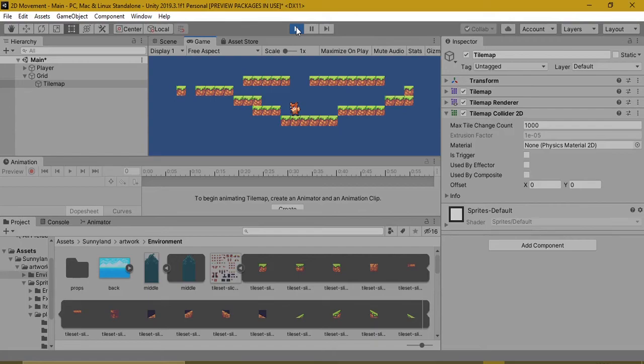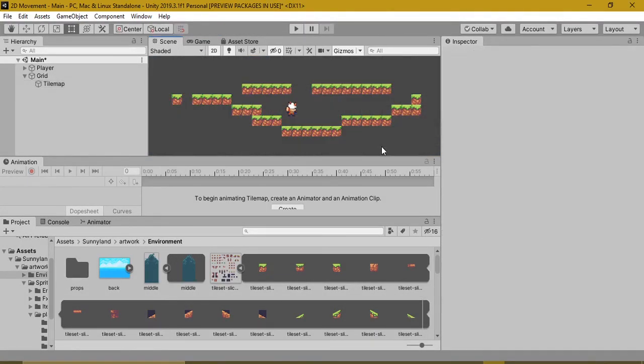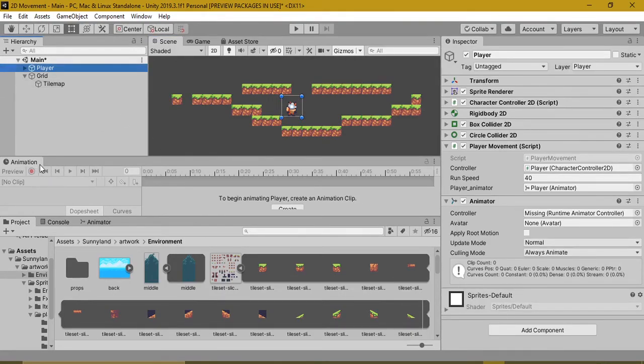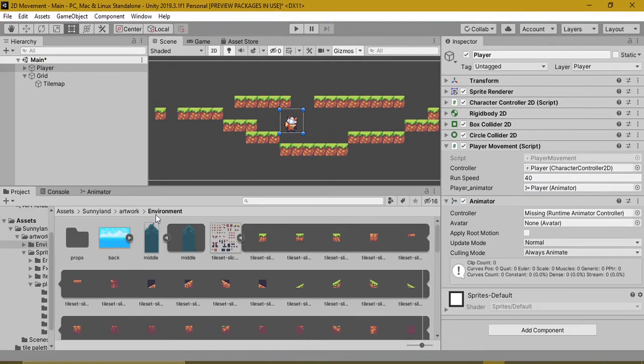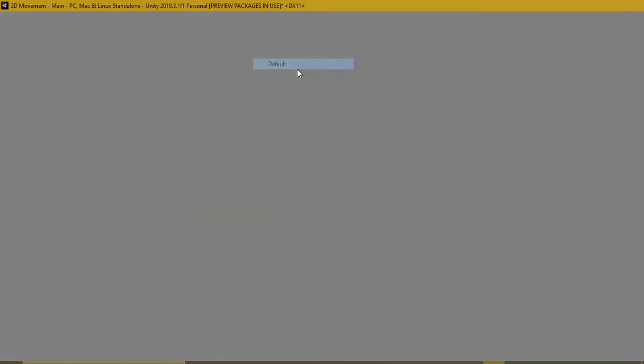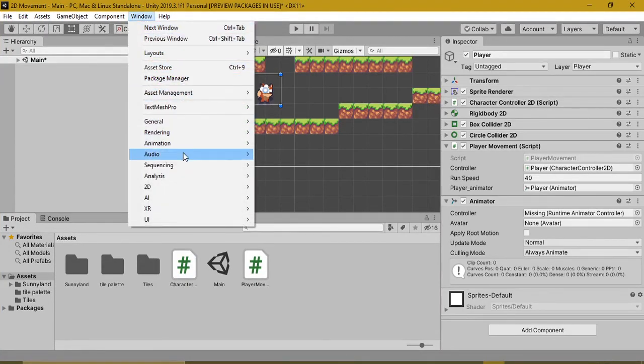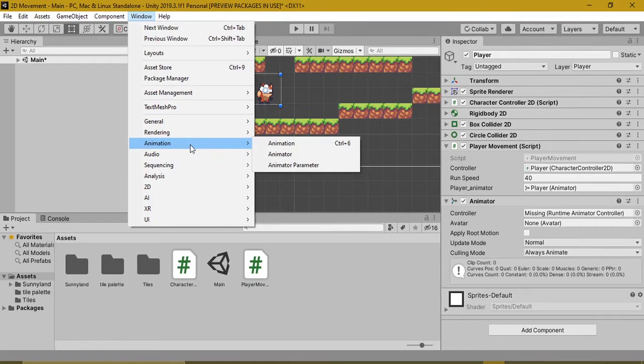Okay, so the script works fine, so let's do our animation. Now you can see there's this thing called the animation window. If you don't have it, you can go ahead and open it by going to Window, under that go to Animation and click on Animation.